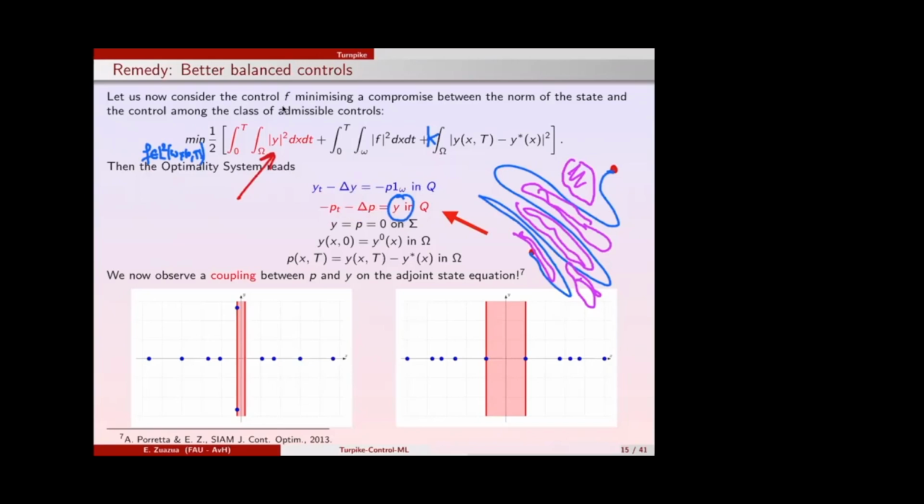It was much easier to do it when there was a zero on the right-hand side, because then the adjoint equation was completely isolated, and I could just do my multiplier identities, integration by parts, Carleman transform, and derive the needed observability inequalities. Now, if you tell me that p is coupled together with y, if I start doing the same, I will get y everywhere. But y is the state, and y is coupled to the p, so everything will be much more complicated. So I don't really want to do this when I am doing the classical analysis of the observability problem.